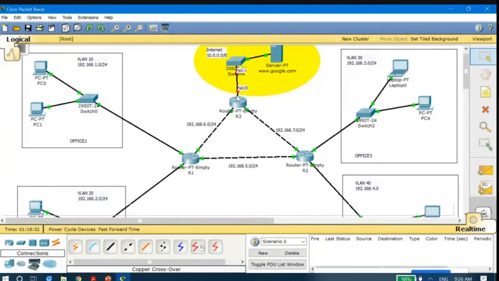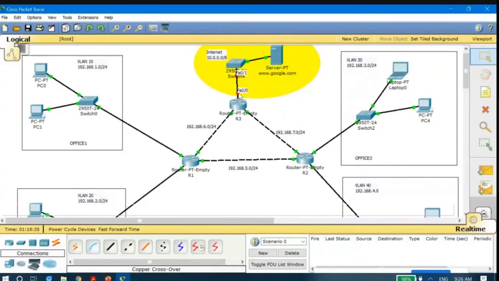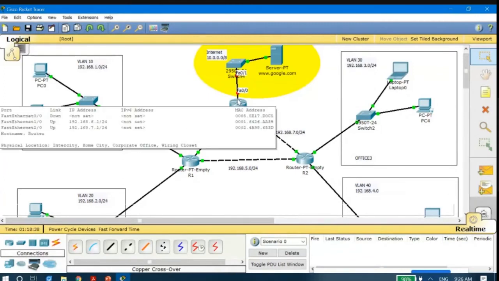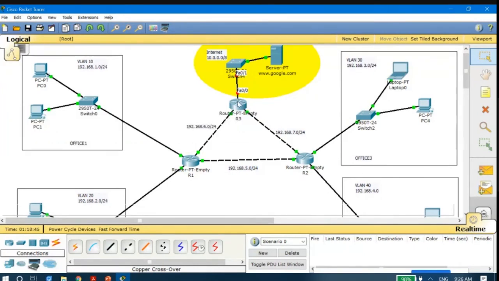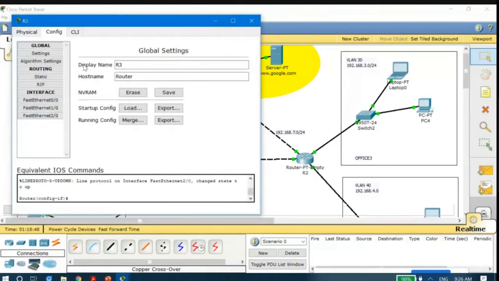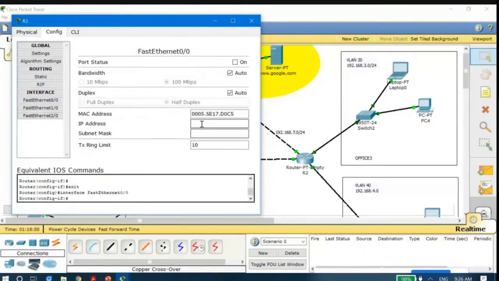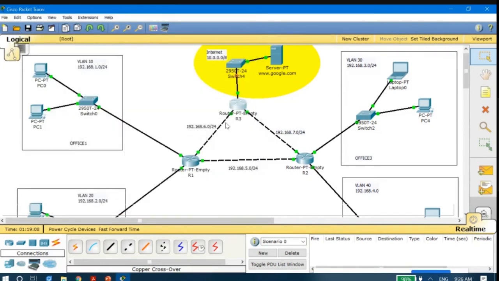One more network is remaining. Yeah, this class A network I have to actually connect to this router. So let me provide the address here in the router. So you could see fast Ethernet 0/0 has been connected. So click on the router R3 and then go to fast Ethernet 0/0. So the class A network has been connected. So the IP address or the gateway address for that network is 10.0.0.1. Okay. Subnet mask is default and the port status is on. So this much you have to do.